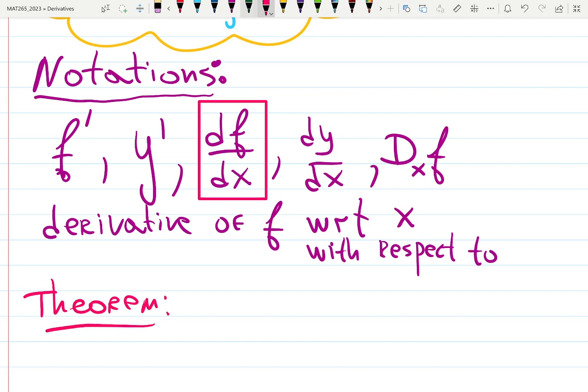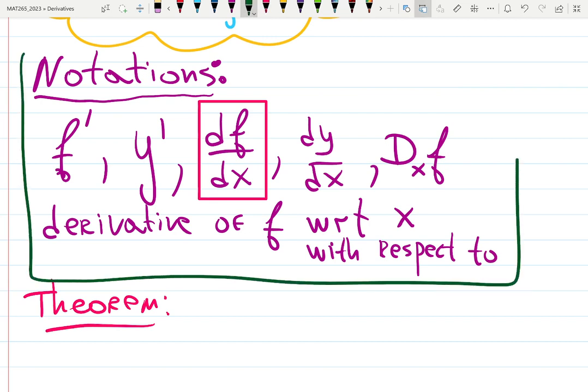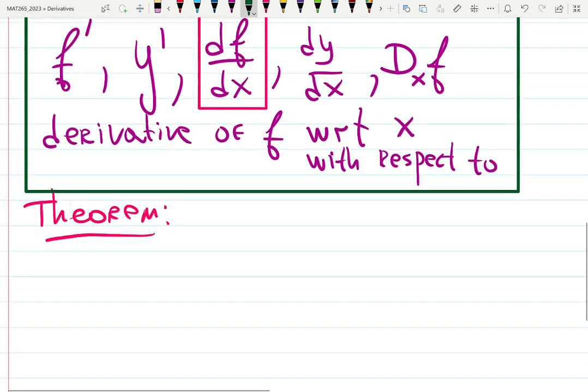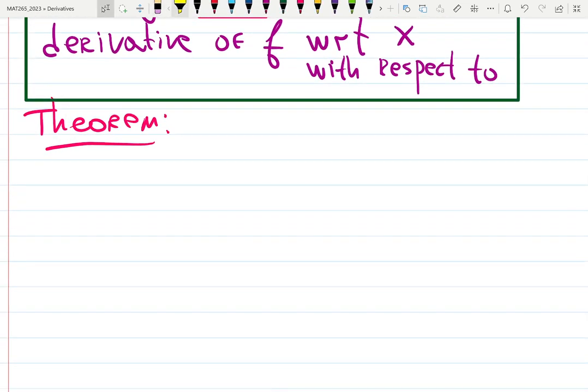Okay, theorem. Not all functions have derivatives everywhere. Let me put notations in a nice table. So some functions are not differentiable, which means I need to define that. So let me write down first. The theorem says, in order for the function to have a derivative at the point, not everywhere, at least at the point, if